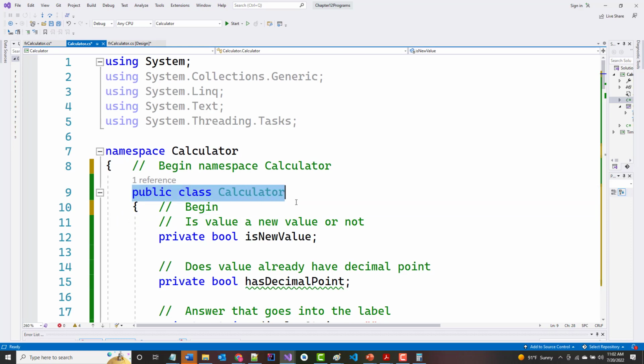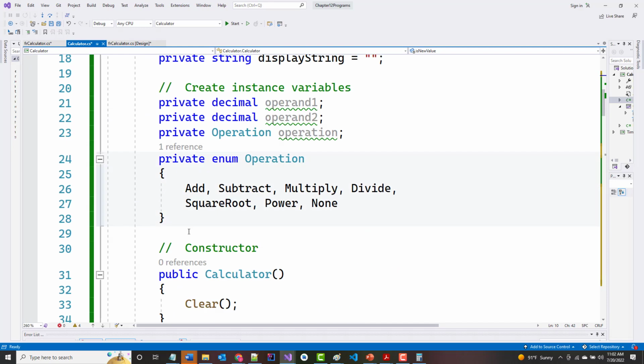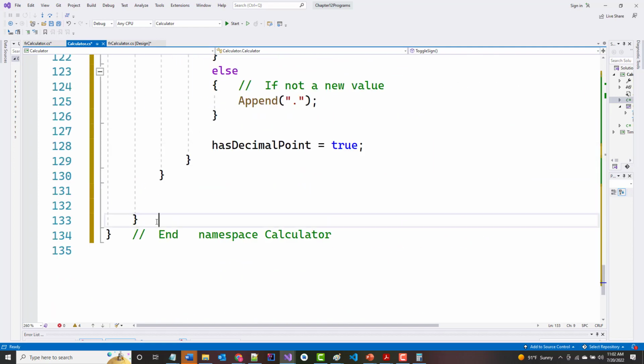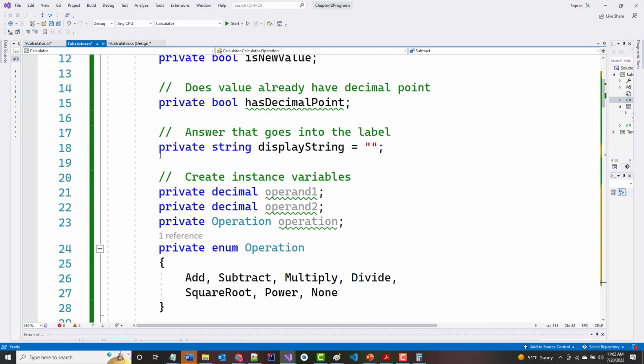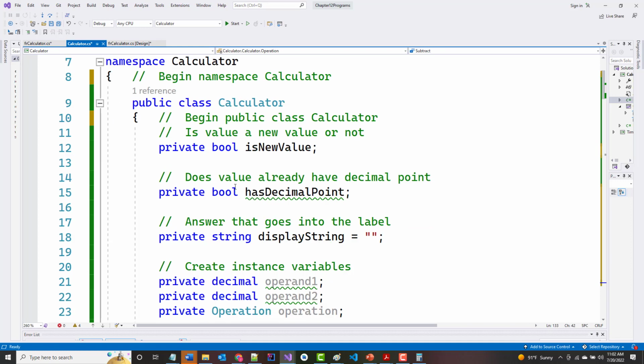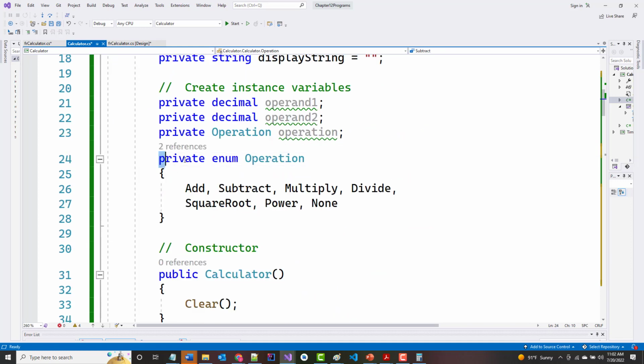There's my begin class line. And right before the end, that is my end. Oops. That is my end class line. Okay. Like I said, I'm doing this for me. It makes it easier for me to realize what's going on here. So here at begin public class calculus, I just did that. So